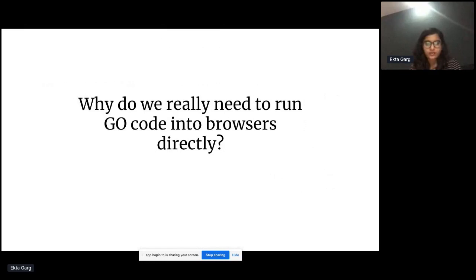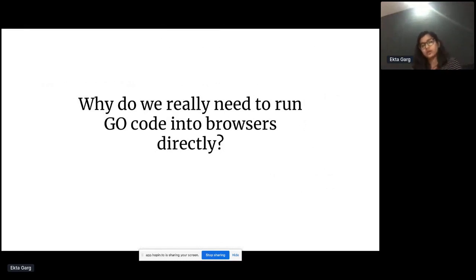Think about use cases where you need to do complex computations. For example, if you want to run gaming apps in the browser, or do 3D rendering, there are many such cases where you want to run directly in browsers, but there you have to use JS. But JS does not provide very good performance. By design, it's not designed to be very fast, right?